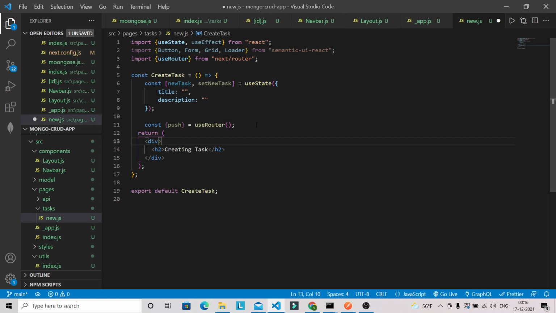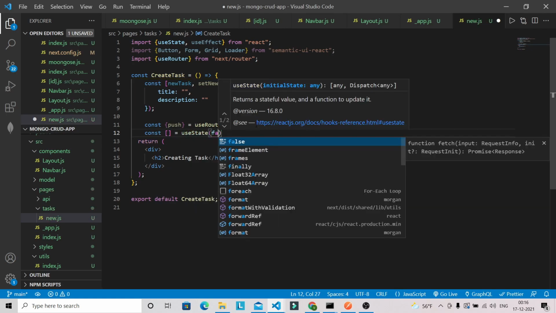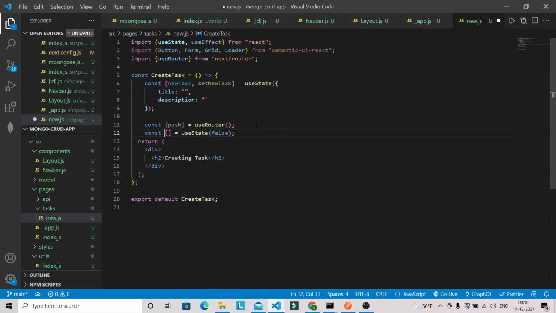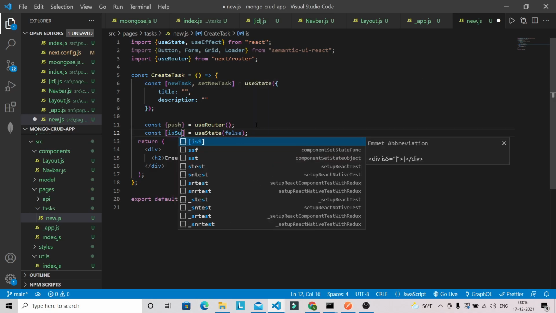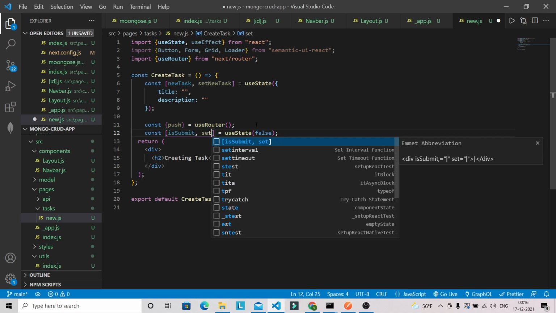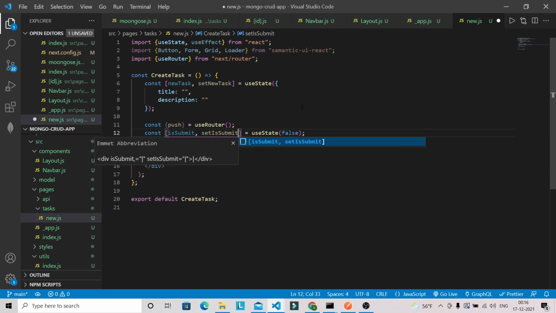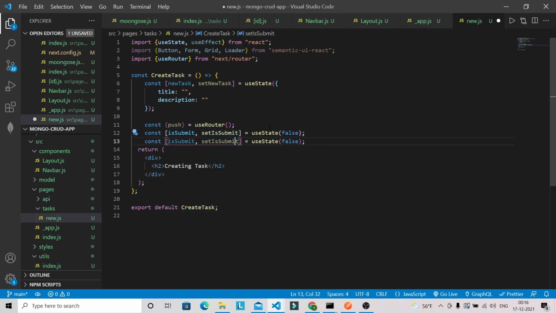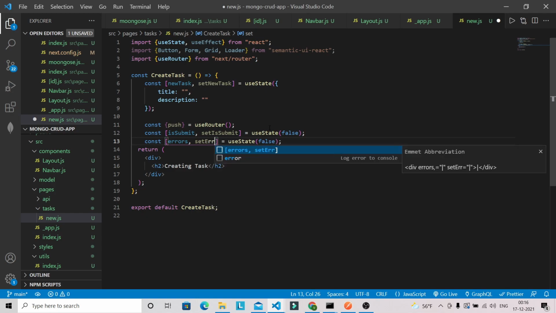And after that we're gonna have some more state, useState with false, and the state will be isSubmit, setIsSubmit. Okay, we are going to have one more state to handle the errors, that will be errors, setErrors, and this will be an object.